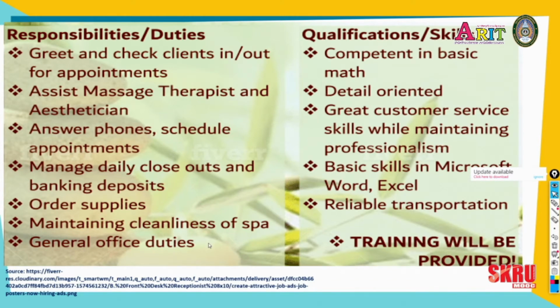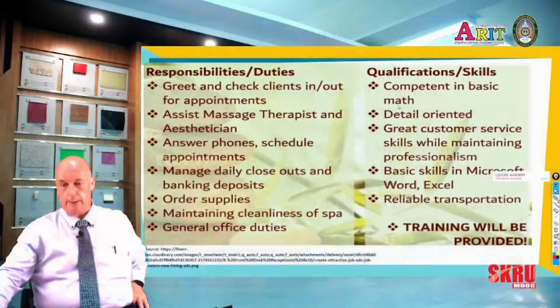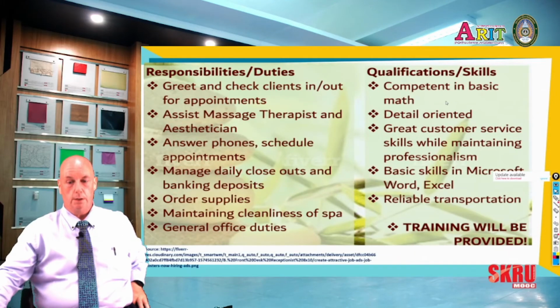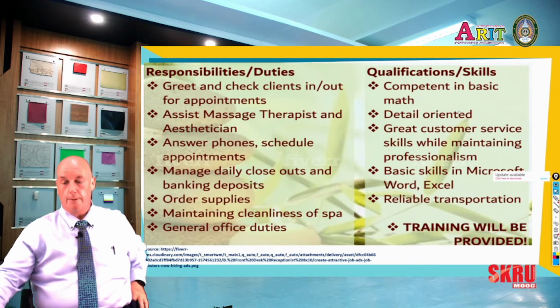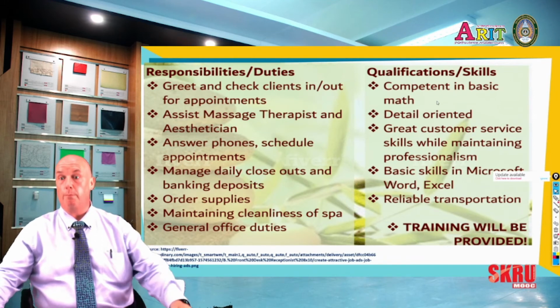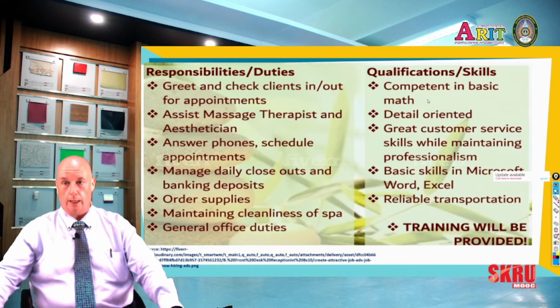These are very general, where we want to show just our flexibility and ability to multitask, where you can manage your own time and be responsible for getting the job done without too much supervision. The qualifications they state: competent in basic math. You have to be able to count. Usually just showing that through having completed high school, grades for mathematics or something. But any experience where you've worked with numbers in the past is useful to highlight.